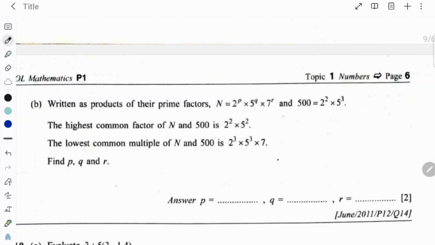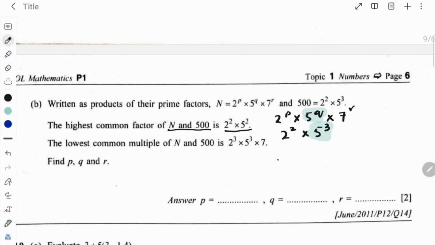So n is 2 to the power p into 5 to the power q into 7 to the power r, and 500 is 2 square into 5 cube. Its HCF is 2 square into 5 square. So obviously we will have 2 square into 5 square. If we compare the powers of 5 and the HCF is 5 square, then q must be equal to